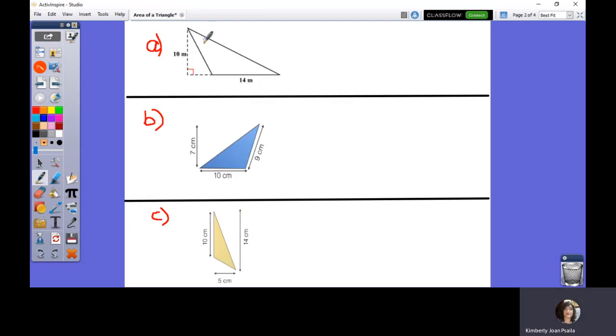We need to find the area of this triangle here. So we first write the formula. A equals base times perpendicular height all over 2. Here, 14 is the base and 10 is our height. So instead of B, I write 14